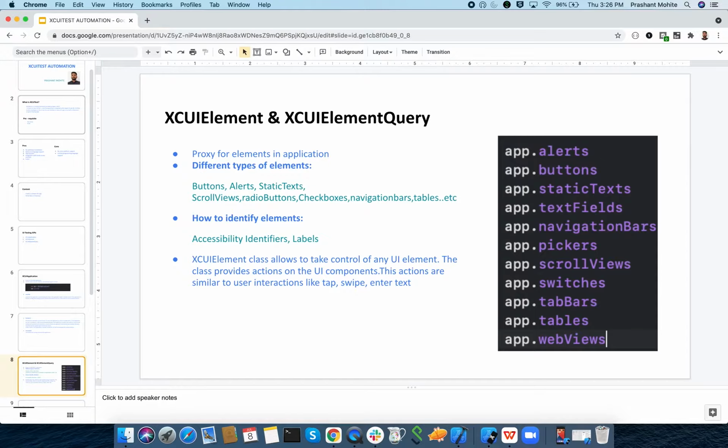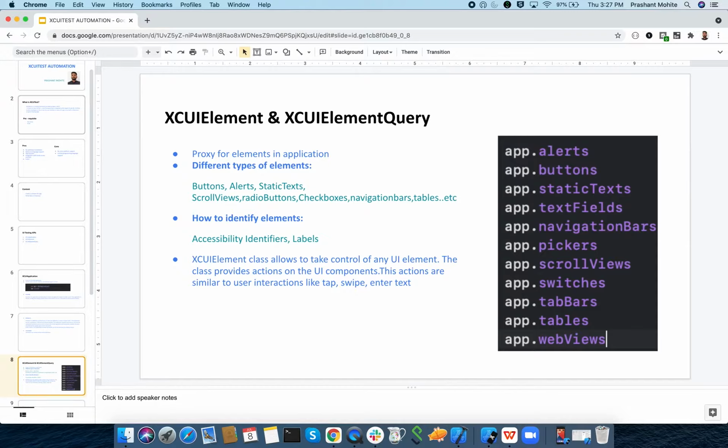It may happen that you want to tap the third button and automation taps the first button, because you have not given the proper identifier, or you have not located the element properly, or your element is not unique. That's why finding a unique element is very important, and for that we use the XUI element queries.